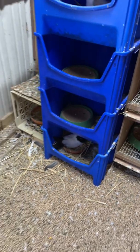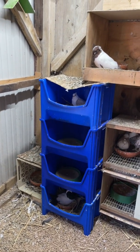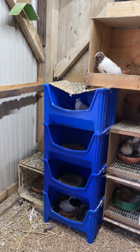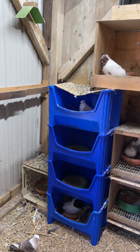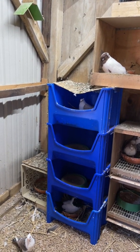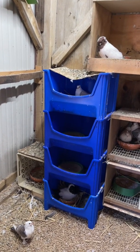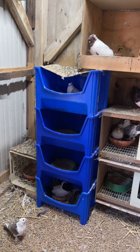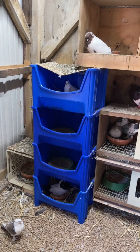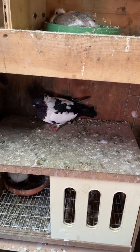So last round didn't go too well with the nuns. I don't think they're the greatest parents. First time trying to breed them, but they kicked the 1 egg out, so I don't know if it was bad or just accidentally got kicked out of the nest. So that one died. 1 hatched, but then after about a week came in and they had trampled it to death. So I don't know if another bird came in and they got in a fight in there or it just happened, but I know somebody else that has other birds like these and they had a similar issue. So pretty birds, but